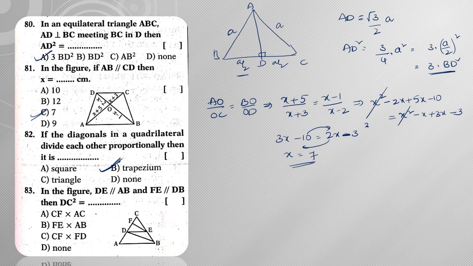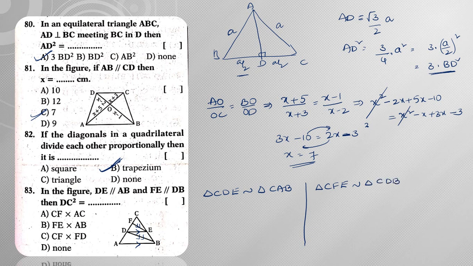So in the figure, DE is parallel to AB. So when DE is parallel to AB, we can say that triangle CDE is similar to triangle CAB. Right? So this is one set of similar triangles. And next, FE is parallel to DB. So when FE is parallel to DB, what can we say? Triangle CFE is similar to triangle